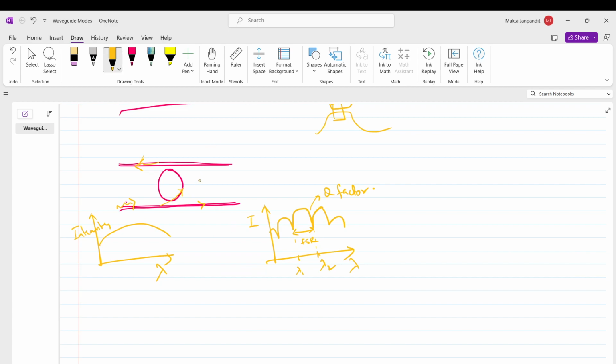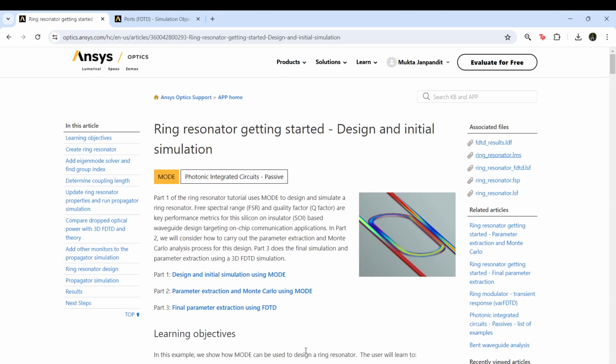Luckily, we don't have to always do all these simulations, even the directional coupler simulation, from scratch. Most of the basic building blocks of photonic integrated circuits are already available as examples in the ANSYS Lumerical software. If you just go on the net and type Lumerical ring resonator, you will find this web page, on which, if you sign in, they have already given certain example files.